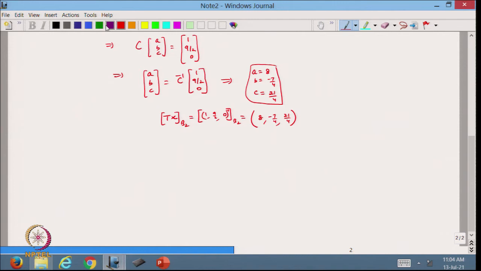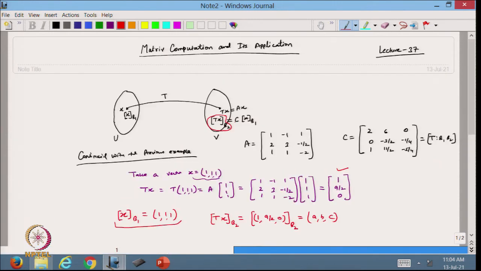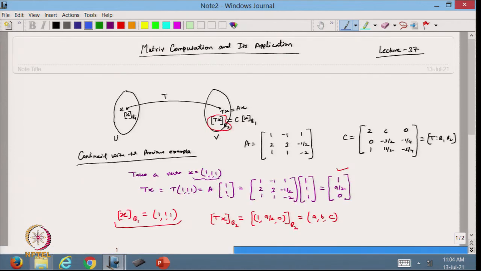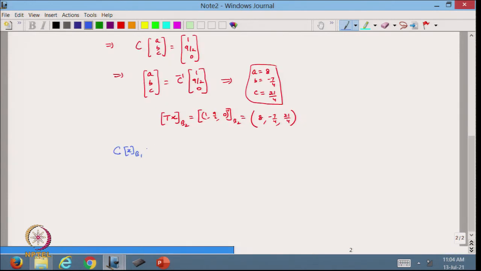Now, I want to verify whether the same value is coming for C into x B1. I want to find what will happen to C into x B1, because x B1 is the coordinate of the same x with respect to B1. So, x B1 is 1 1 1, no problem. So, now from here I can write my